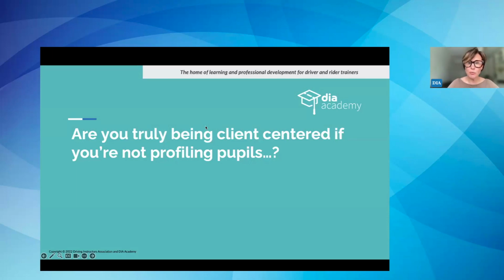So I think that's a very good point, that if you gather some intelligence by one way or the other about a pupil in that respect, then manage the risk of that the right way and either refuse to take them out, or you've got to look at delaying lessons until the time at which you think that that person is able to deal with that, or you just don't deal with that pupil at all.